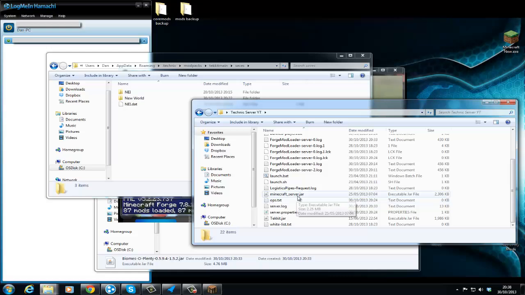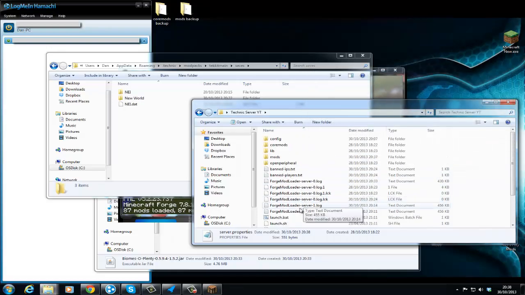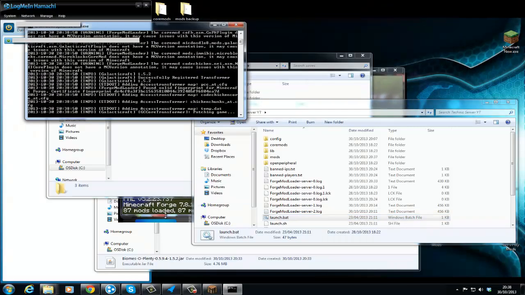Or the way I do it, which is probably easier, if you go to server properties, there should be one called level type. Currently that's at default. We want to change that to BIOMESOP. BIOMESOP in capitals stands for Biomes of Plenty. So if we save that, now if we launch our server,